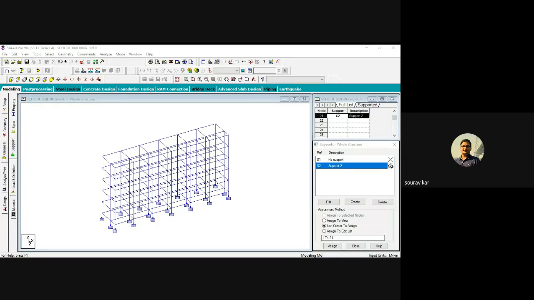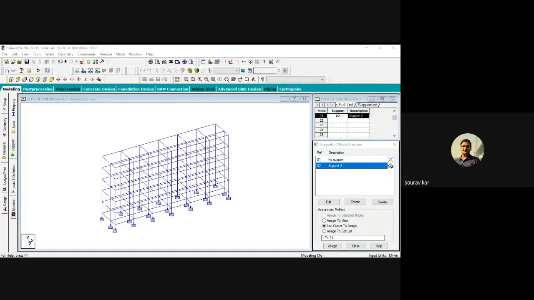If you draw the slab as a plate, then we do not have to give the floor load. Basically, we put the slab load as floor load. If you're not drawing the slab physically, then you can give the floor load, and it automatically transfers to the beams. If you draw the slab as a plate, then we have to give plate load instead of floor load.